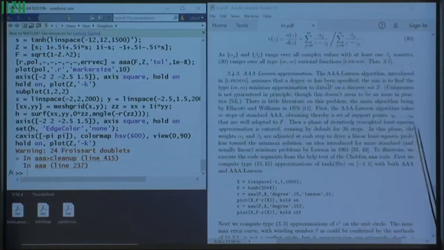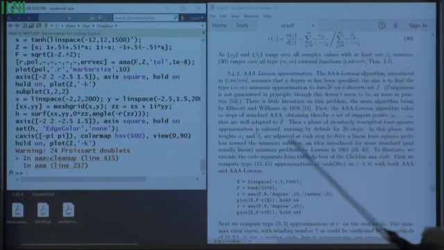The phrase is iteratively reweighted least squares. That also appears in compressed sensing a bit. I'm surprised actually it isn't a more famous idea. It's such a simple thing and it really works. For linear approximation, you can prove it works in various contexts. That goes back to the 60s. For our nonlinear barycentric context, we can't prove that it works, and indeed it doesn't always work, but it surprisingly